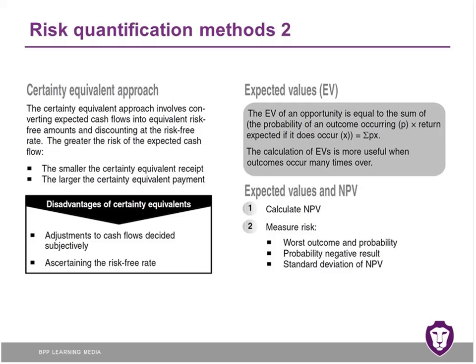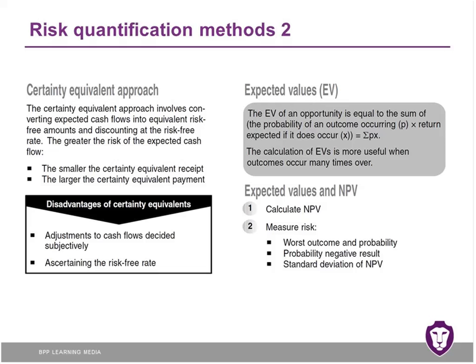a year. You're tempted to go into business on your own. You don't do it. The certainty equivalent is your salary. I'm certain of that. I don't want to go on risk. So the certainty is how much of this cash flow could we be certain about, and could we then discount